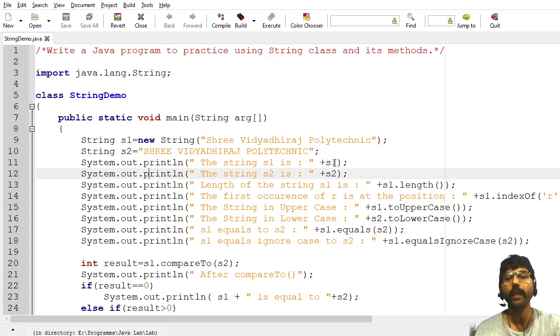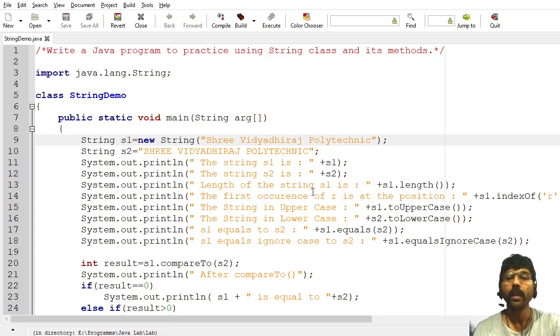Here it will display the s1 content and s2 content. That is nothing but Sri Vidyadiraj Polytechnic. To see properly, both will display Sri Vidyadiraj Polytechnic, but the characters are different here. One is capitalized, one is in small letters. This is purposefully done here because I am doing some changes in the following program.